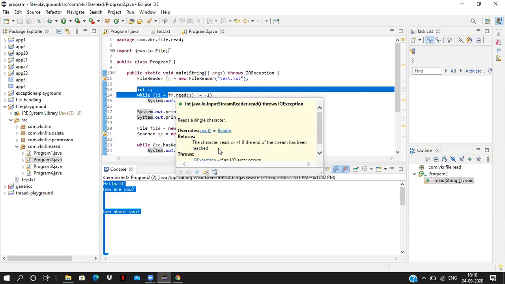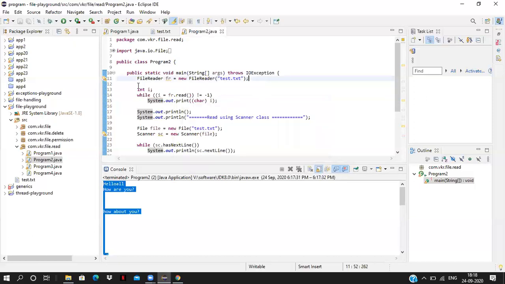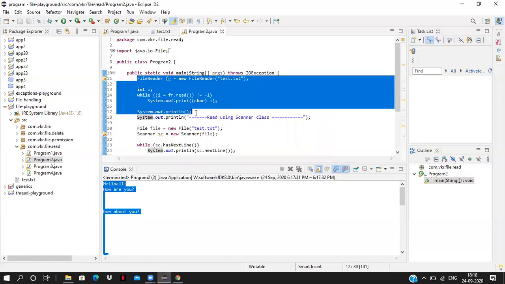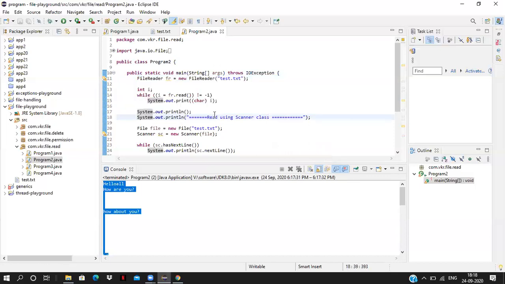See, it will read each and every character. After reading each character, if it reaches the end, it will give -1. After it gives -1, it will come out. Like that it is reading with FileReader. This is the syntax for reading the file using FileReader.